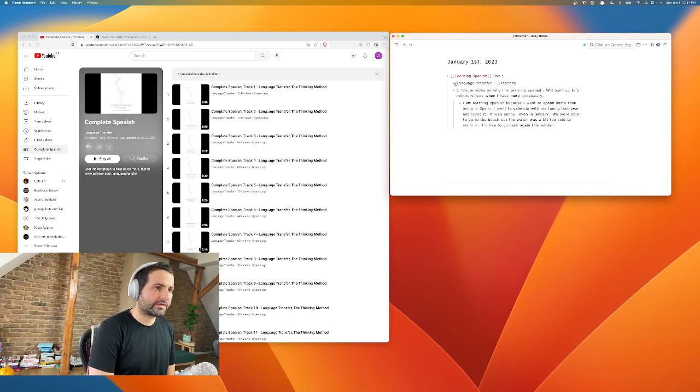On the right side, I have an agenda of what I want to go through today. I want to do 3 lessons of Language Transfer, which are these audio tapes here on the left. And then I want to make 1 minute videos on why I'm learning Spanish. So I wrote down a little script on why I'm learning Spanish here in English, and I'm going to translate that to Spanish. First, I'm going to record myself struggling to say it in Spanish, even though I'm going to get practically nowhere. I'm going to say whatever I don't know in English.